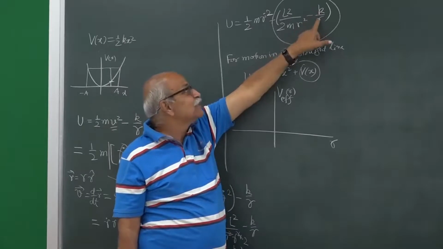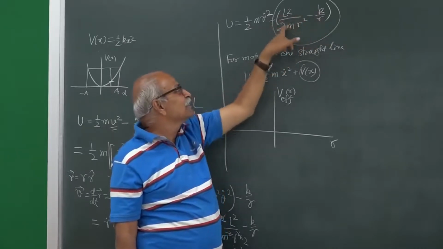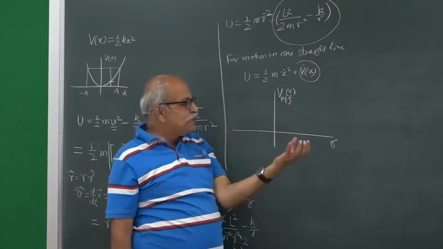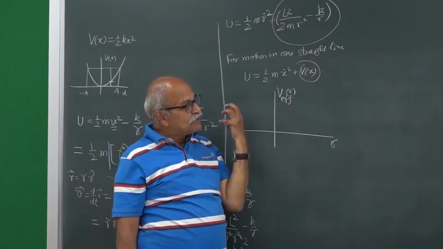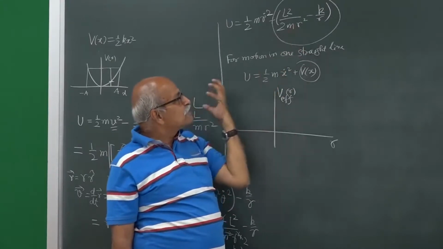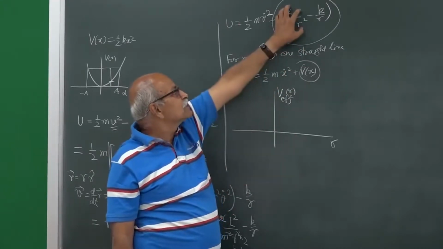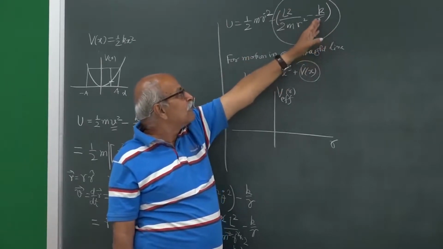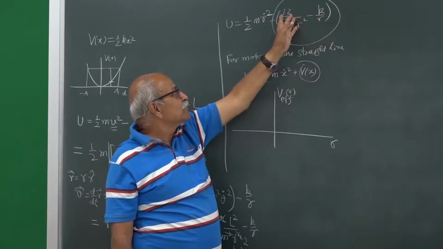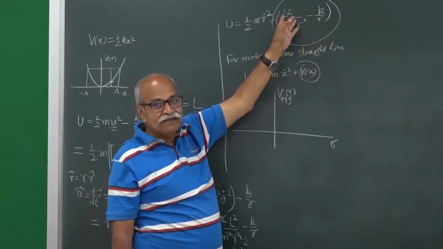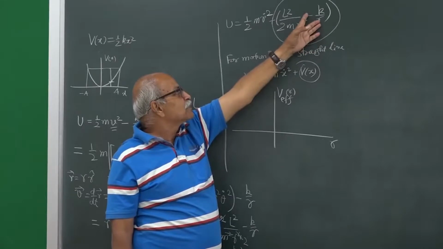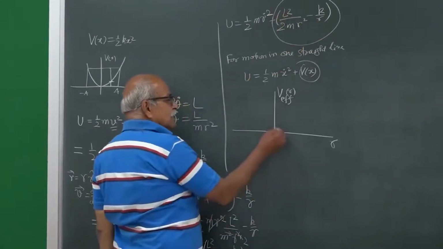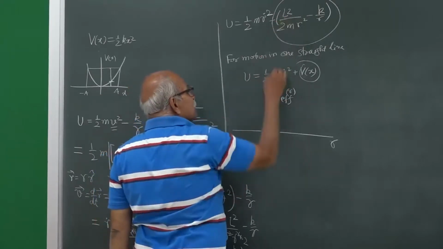Here you have 1 by r, here you have 1 by r square. L square, m, k are all fixed. So, if r is sufficiently small, you can always make this much larger than that. For very small values of r, the positive term will dominate and the negative term will be much smaller in magnitude. So, for very small r, this value will be somewhere here,